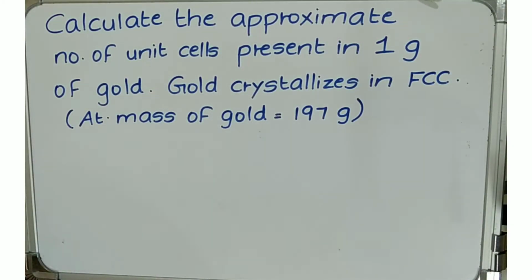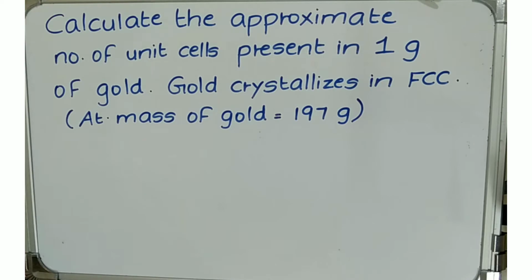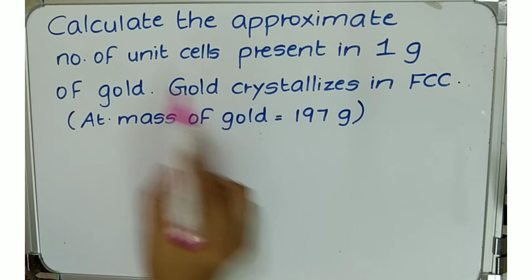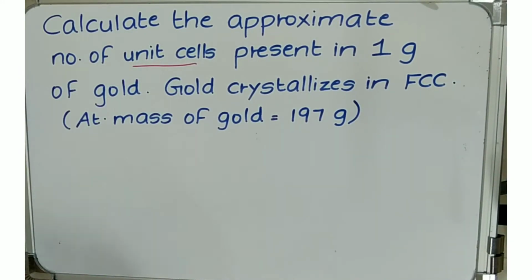So the first question, calculate the approximate number of unit cells present in 1 gram of gold. Gold crystallizes in FCC, that is face-centered cubic unit cell, and atomic mass of gold is given, that is 197 grams. So when you get such questions, that is finding of number of unit cells, first write